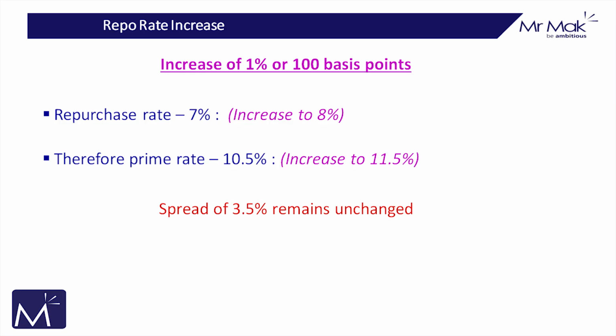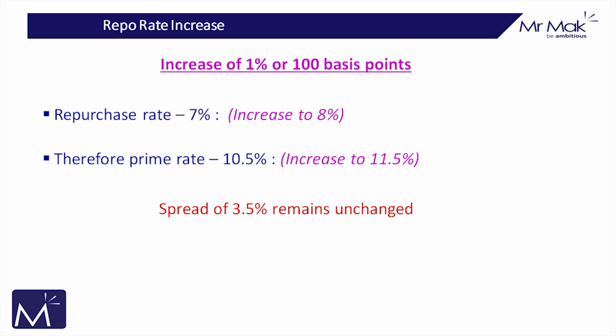Now, the capital they borrow from the Reserve Bank is borrowed at a rate called the repo rate. In full, the repossession rate or the repurchase rate. So let's say the repo rate is sitting at 7%. Now, if the repo rate is sitting at 7%, it means that the prime rate of interest is going to